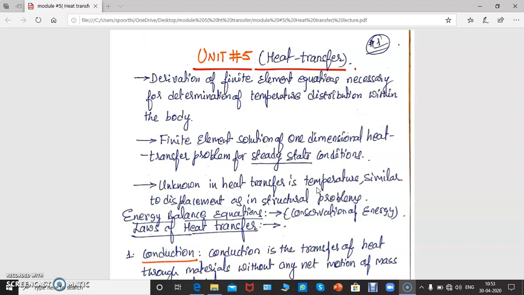Now, this chapter is unique because so far we have been considering finding the displacement, stress and strain. However, in this particular module we will be concentrating on finding the temperature distribution within a body. So, there is a remarkable difference. From module 1 to module 4, it was totally focused on finding displacement. So, it is a very important chapter. Those who are going to work in engineering analysis and engineering design, understanding heat transfer is very important.